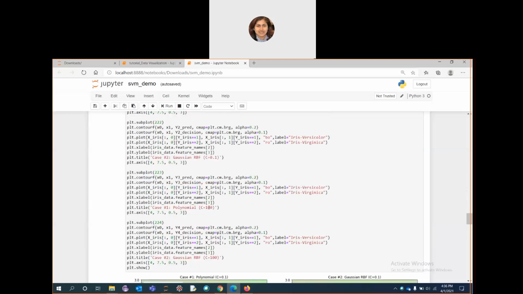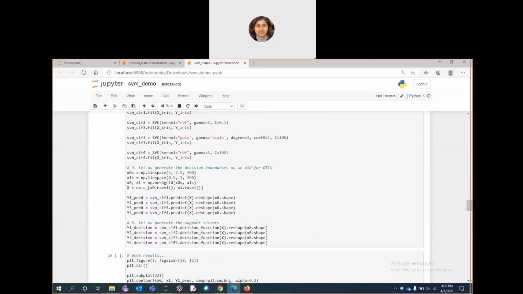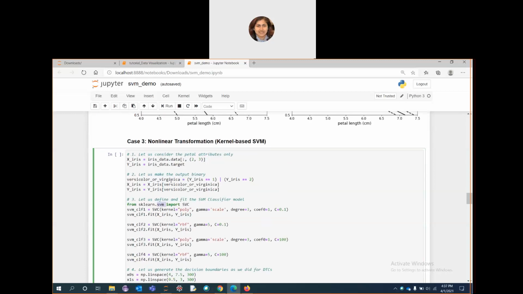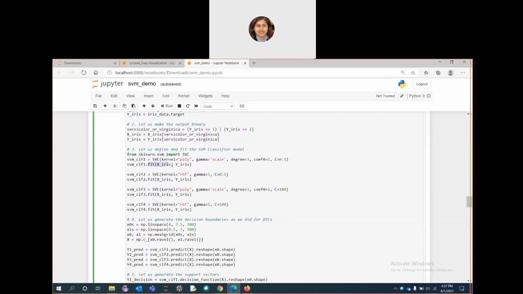So for this, first we need to import the SVM. We need to first import the data set, right? After you get the data set, you need to create the model and fit the model with the data. While defining the SVC function, you need to define which type of kernel you want. And some other parameters as well,